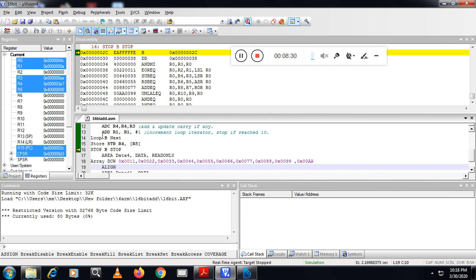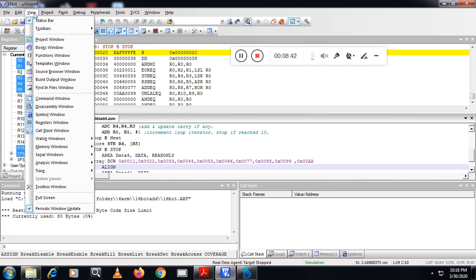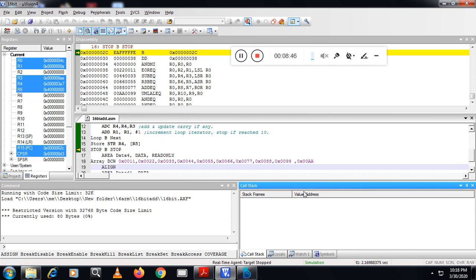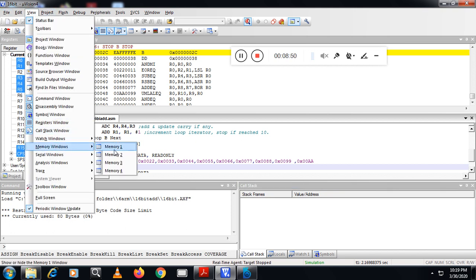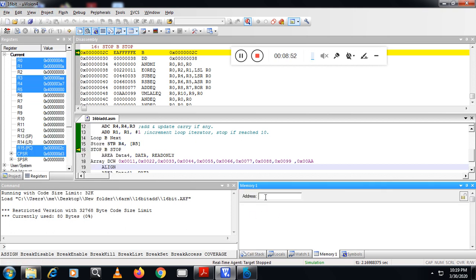So go to the memory location and see whether the same number is there in the memory also, because here we are not only storing the result in a register, we are copying it back to memory. So let me open the memory window. Sometimes it will not get opened; once again you have to click on the same thing, the memory window. You can see here the memory window is opened.